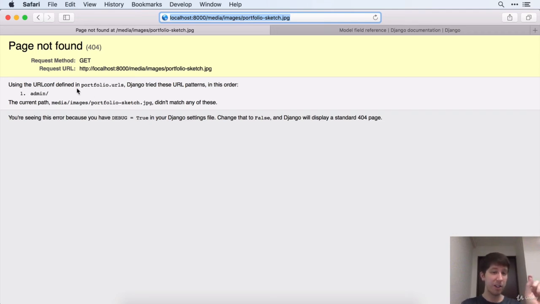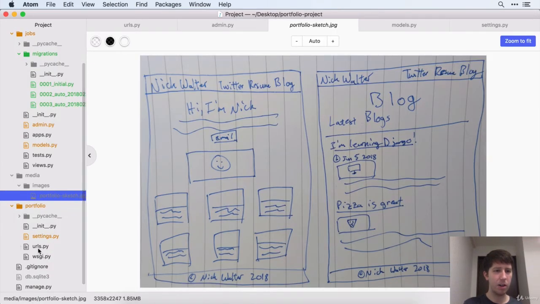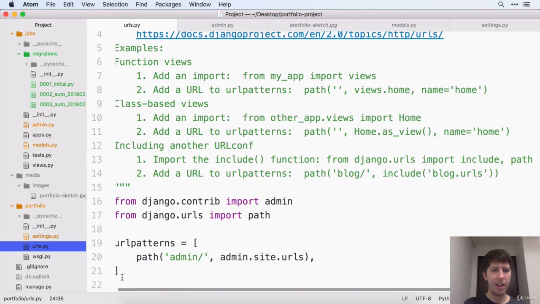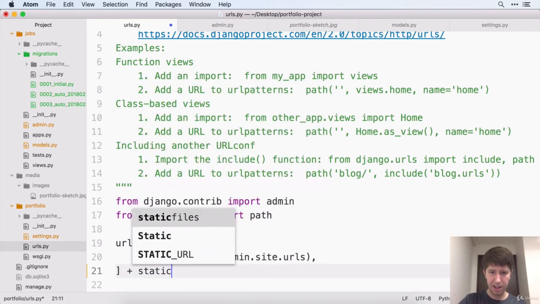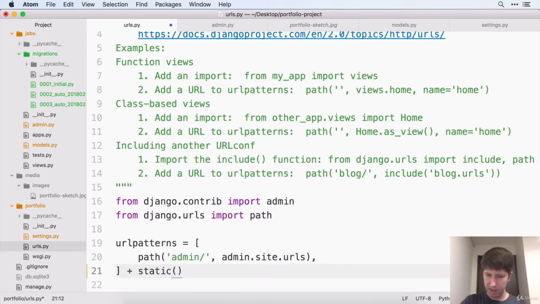And the secret, or the little tip inside of here, is it's saying there's no URL that essentially points us to this location. And so we've got to go back to our site's urls.py, and we have to add a little bit of code here down at the bottom. So we're going to go ahead and do a plus, and what we want to add here, let me get to my notes, is we are going to say plus static, and then in parentheses,